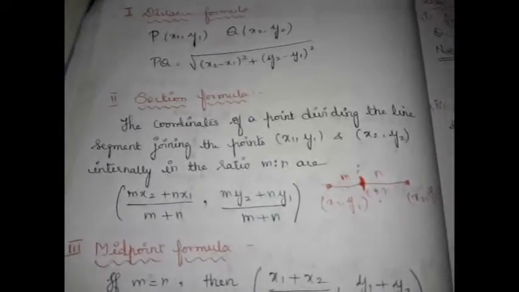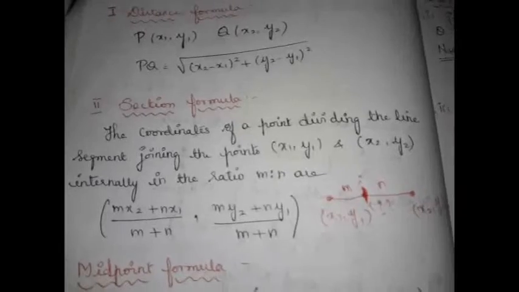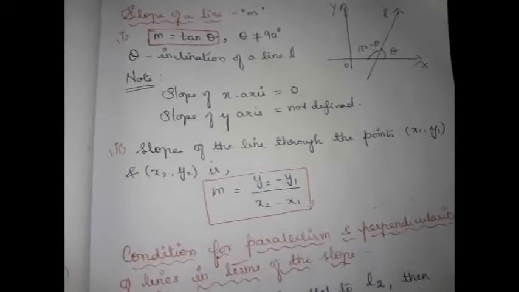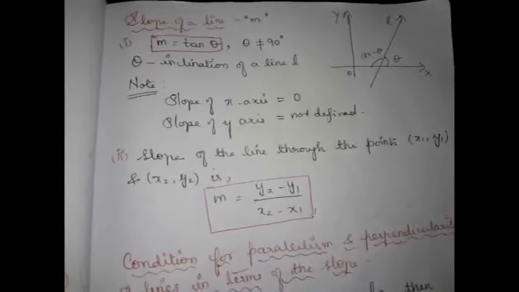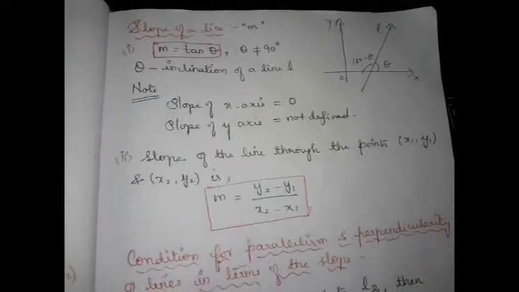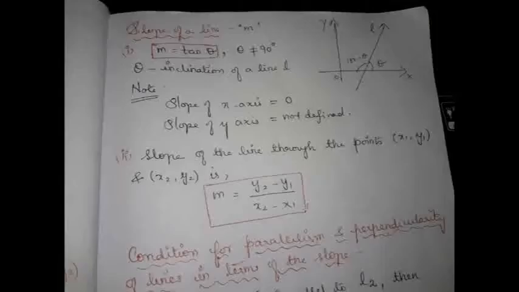Even though it's so simple, it plays a vital role in the remaining geometrical figures, right? To form the remaining geometrical figures, a straight line plays a vital role. So we are going to learn about the very important concept of a straight line called the slope of a line. And after that, we are going to learn the different forms of equation of a line. These are the 2 things which we are going to learn in this chapter: slope of a line and different forms of equation of a line.